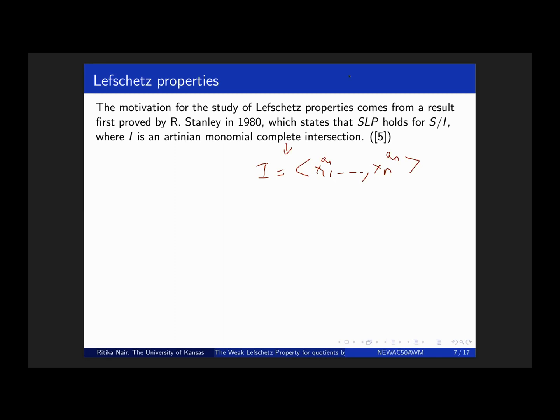And all this actually stems from the hard Lefschetz theorem, which relates, for those of us who are interested in cohomology theory, it actually sort of tells us that the Lefschetz properties mimic the cohomology ring of a certain kind of complex projective varieties. So this is having multiple applications in different branches. Moving forward from here,